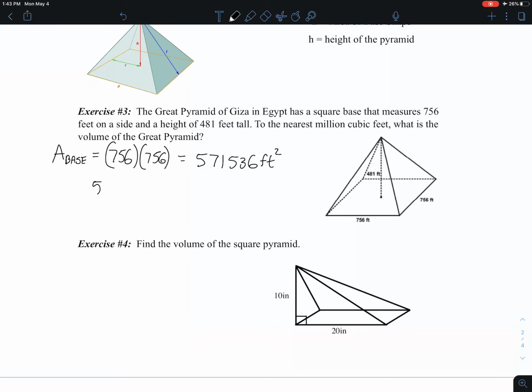Now we need to take that number and multiply it by the height, which is 481. So we're going to take 571,536 and multiply it by 481. And we have to remember, when we're doing the volume of the pyramid, it's equal to 1/3 of this value when you multiply them together, right? A lot of people forget to do that. Don't forget about the 1/3 part. So you go ahead and do this, and you end up with